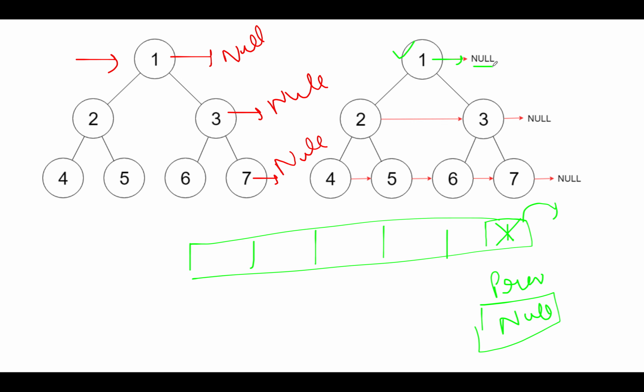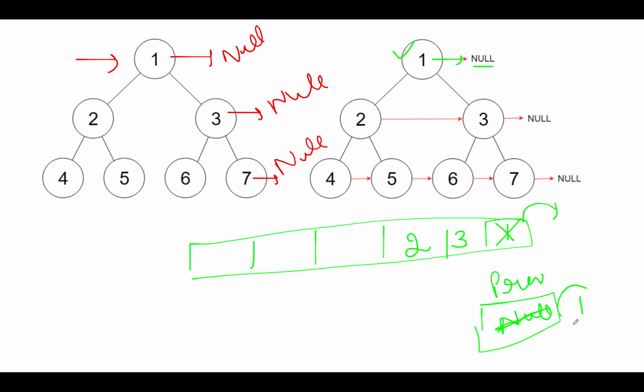All good so far. What else are we going to do? We'll add its children into the queue. And in which order will we add? We'll add the rightmost node first, followed by the left node. So 3 gets added before 2. Now we are done. We'll also update the previous node to 1.